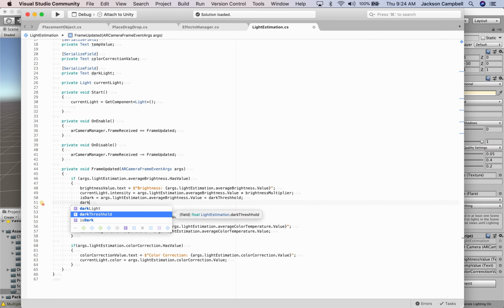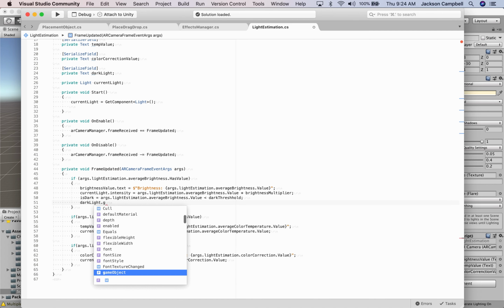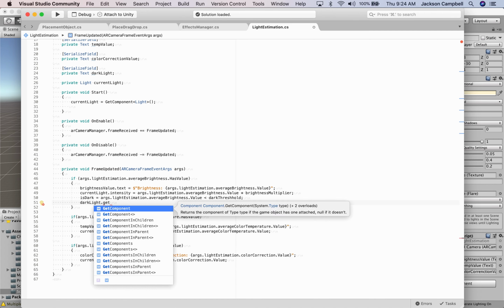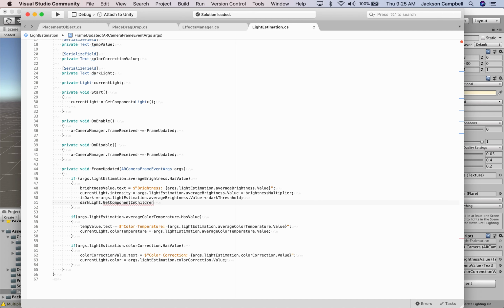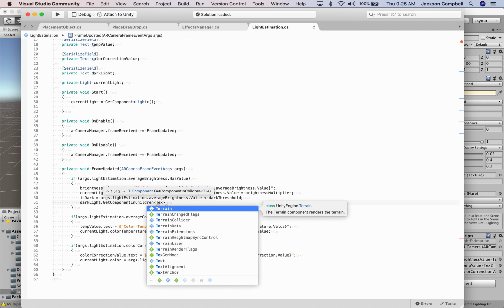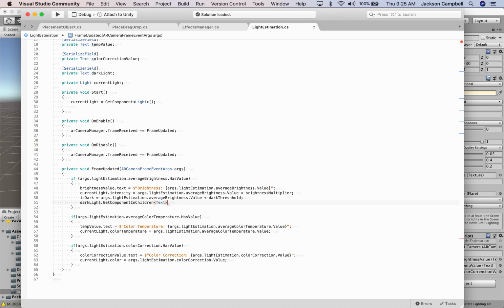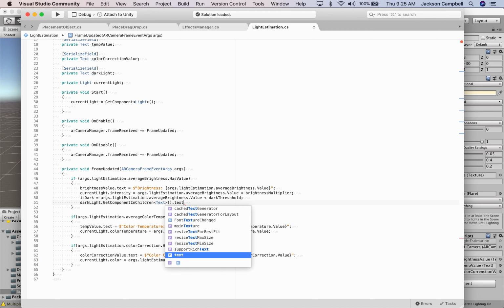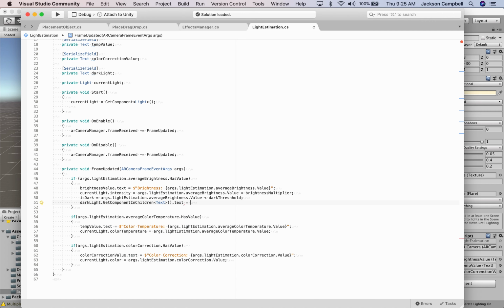So dark light dot get component in children, and text open close parenthesis dot text equals, this is the same logic that we used to set the button texts, equals isDark